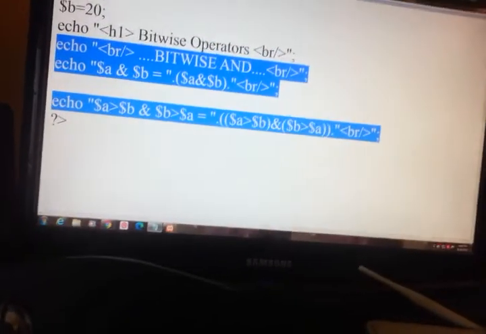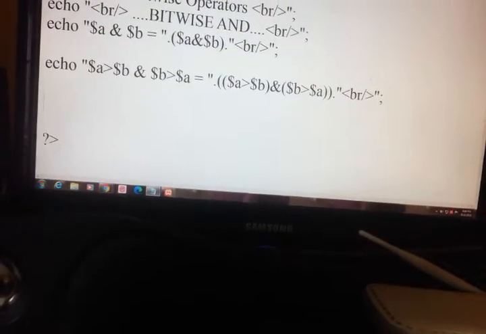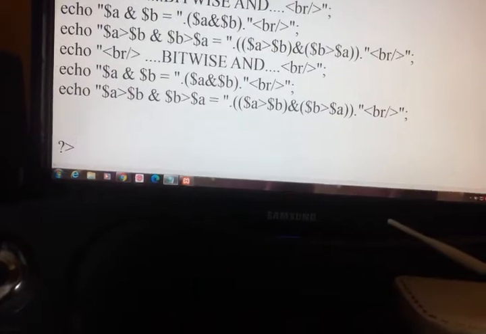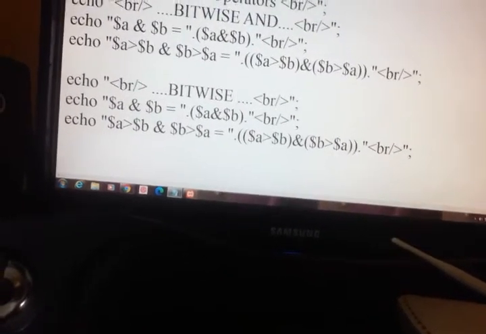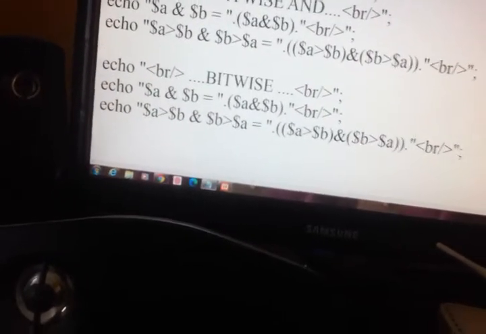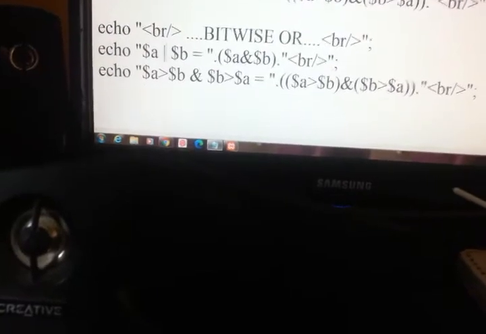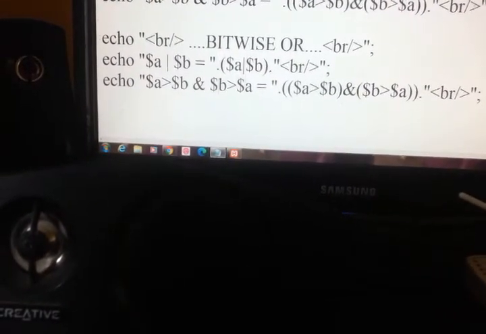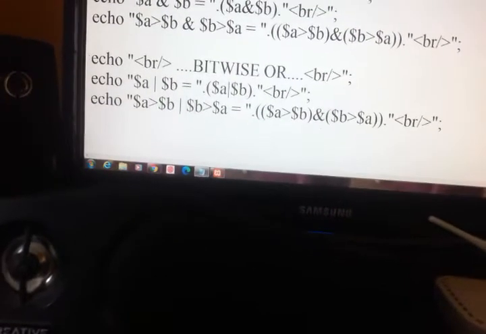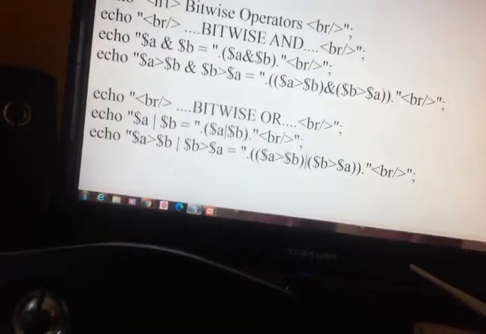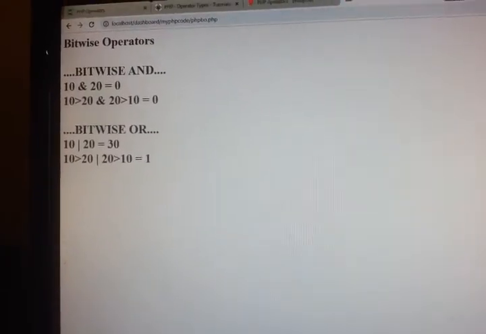Just copy paste. Bitwise OR. Just changing the symbol from AND to OR. 10 or 20, I got 30.